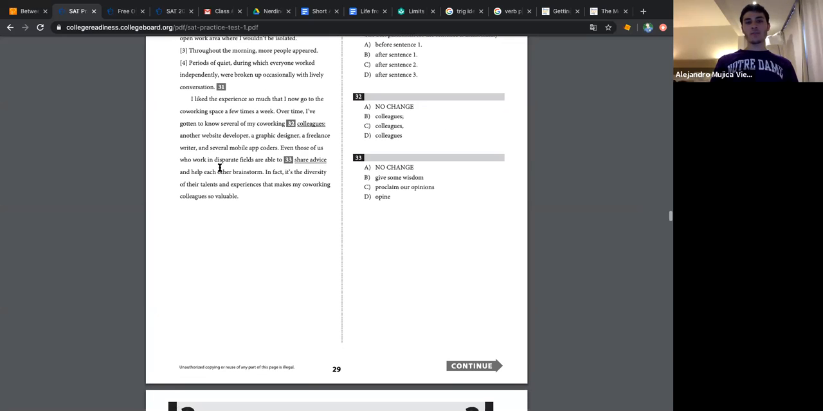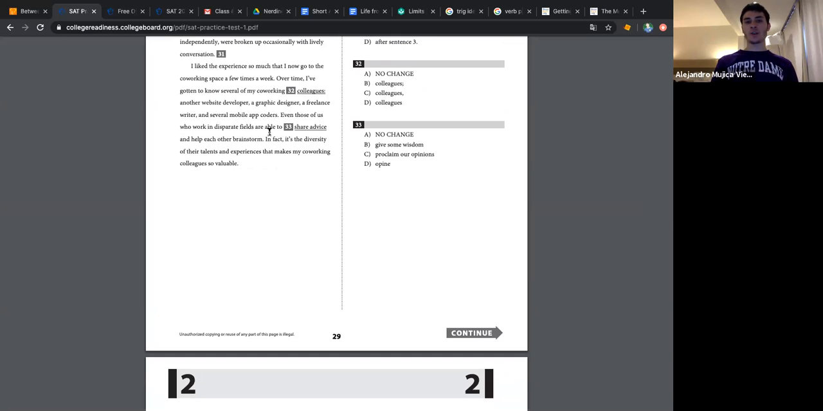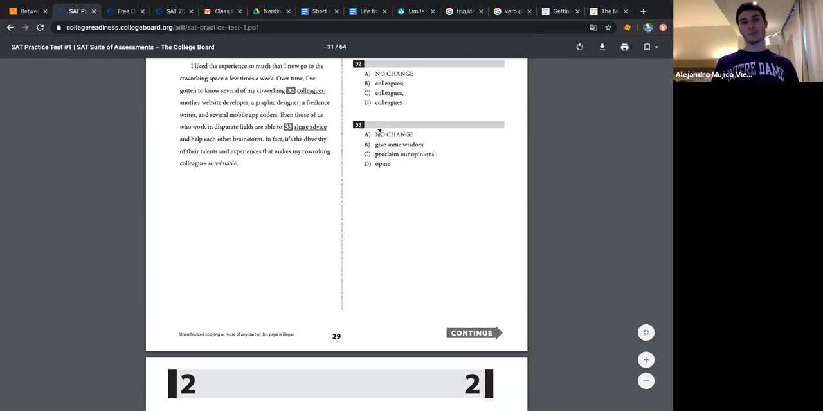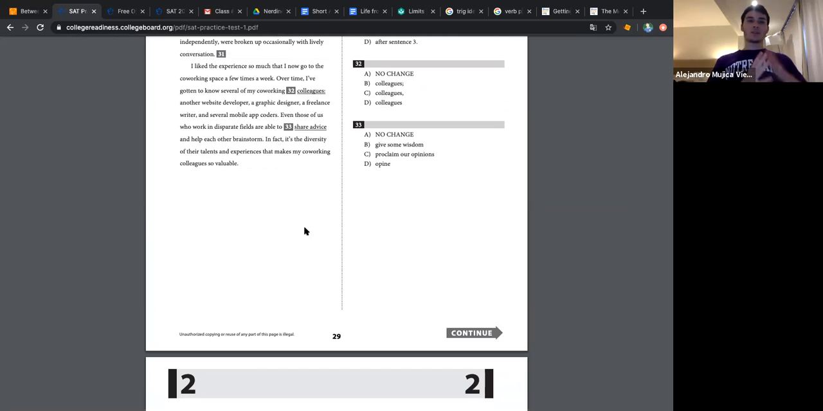Moving on to 33. Even those of us who work in disparate fields are able to share advice and help each other brainstorm. So, share advice, help each other brainstorm. That's the thing that even those who are in different fields can do, or what it allows us to do. So here, it's more about the connotation of the wording. Vocabulary choice is what I call it in this case,